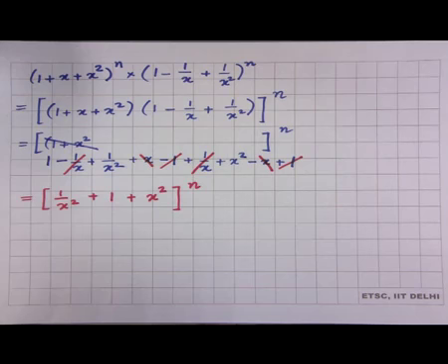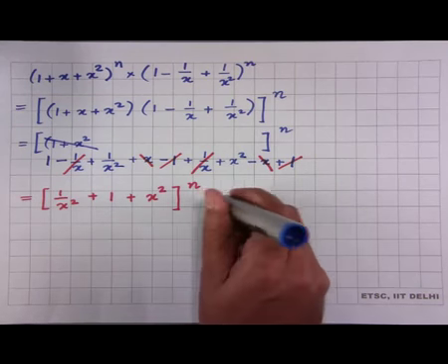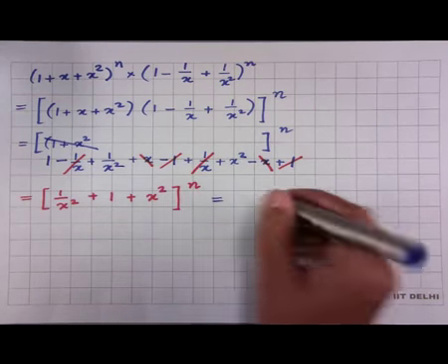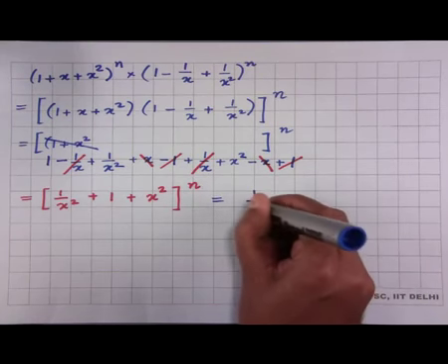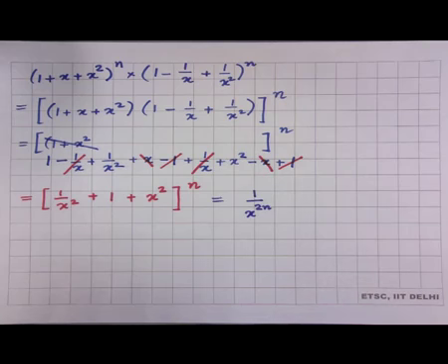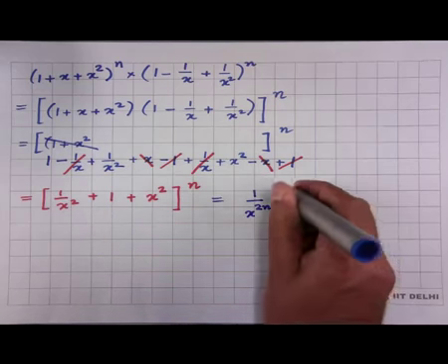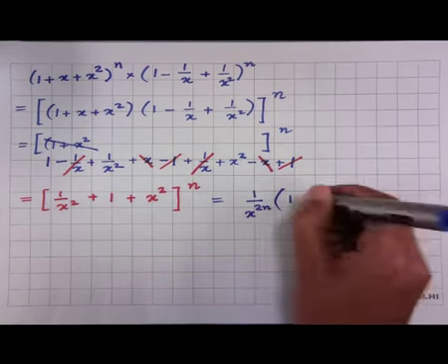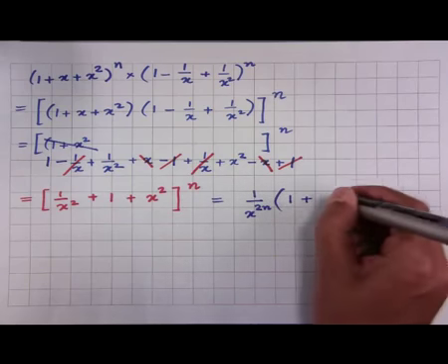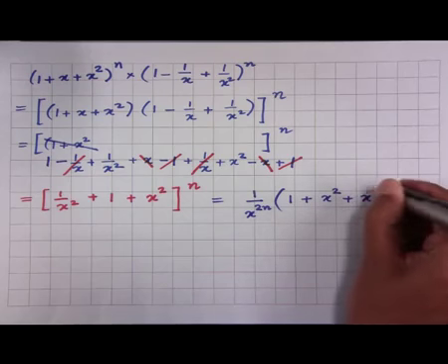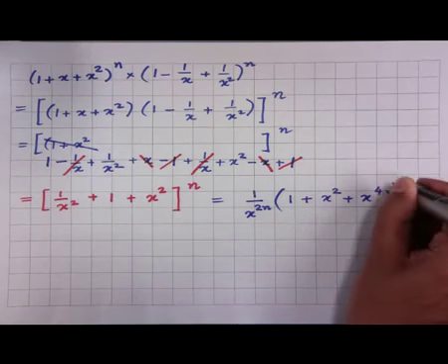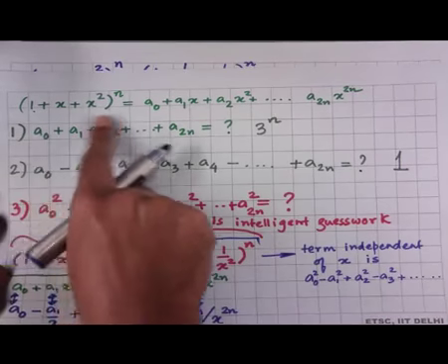It is a little hard to predict what it is going to be unless we take things common outside. So, let us take 1 by x power 2 n common outside, and then what remains is a 1 plus x squared plus x power 4 whole power n, and I have got it in the same format,